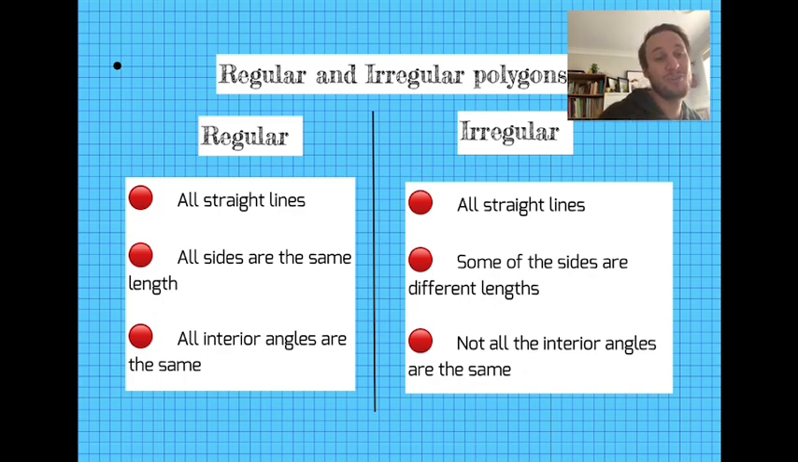But in a regular polygon, all the sides are the same length, and all the inside angles are the same. Okay, so think about a square. In a square, all the sides are the same length, and all the angles are 90 degrees, which adds